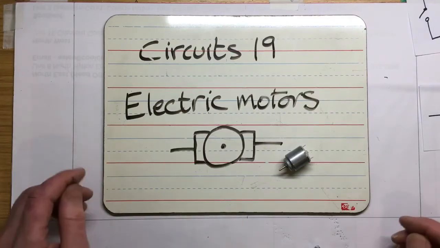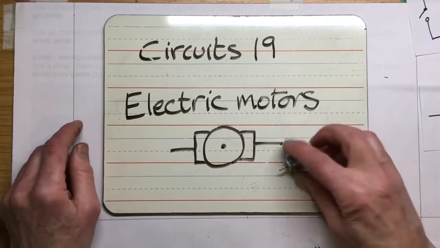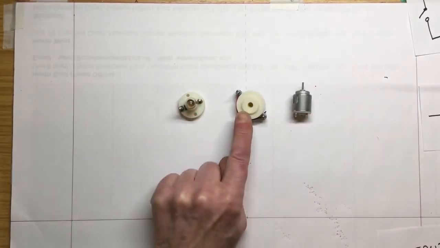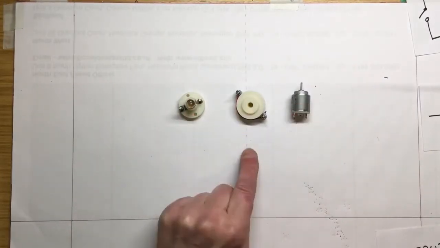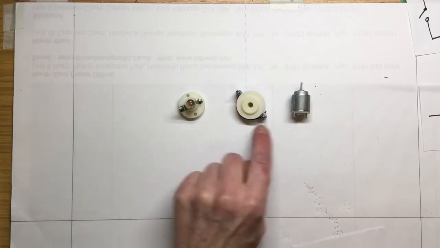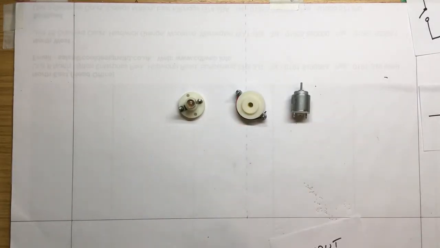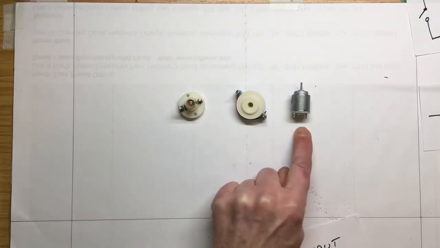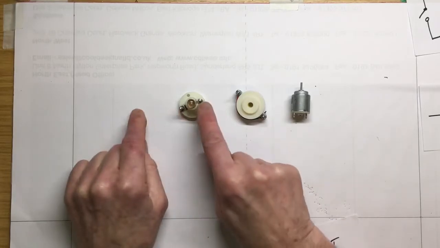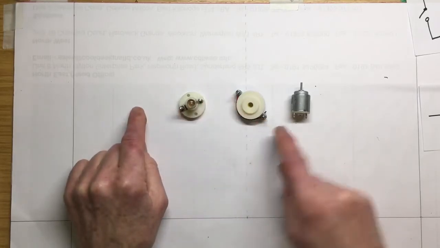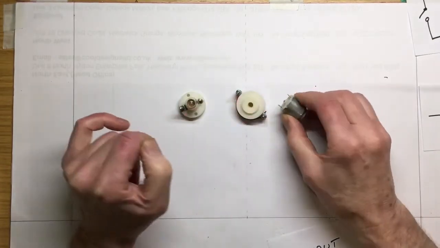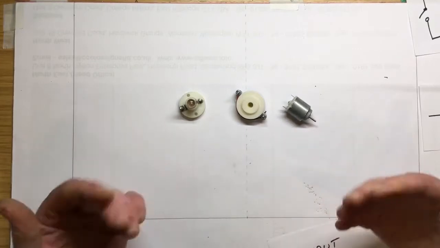So now let's look at circuits using electric motors. If we compare them first of all to something we already know, a light bulb, a buzzer and an electric motor, then all three have something in common. When we make electricity flow through them, so flow into the lamp, out through the other end, into the buzzer, out through the other end, into the motor, out through the other connection there, then something happens in the world,